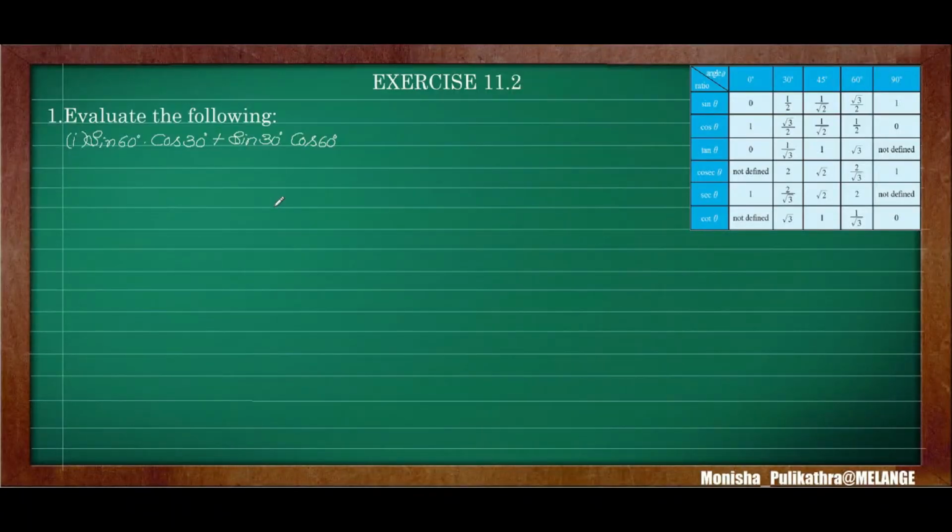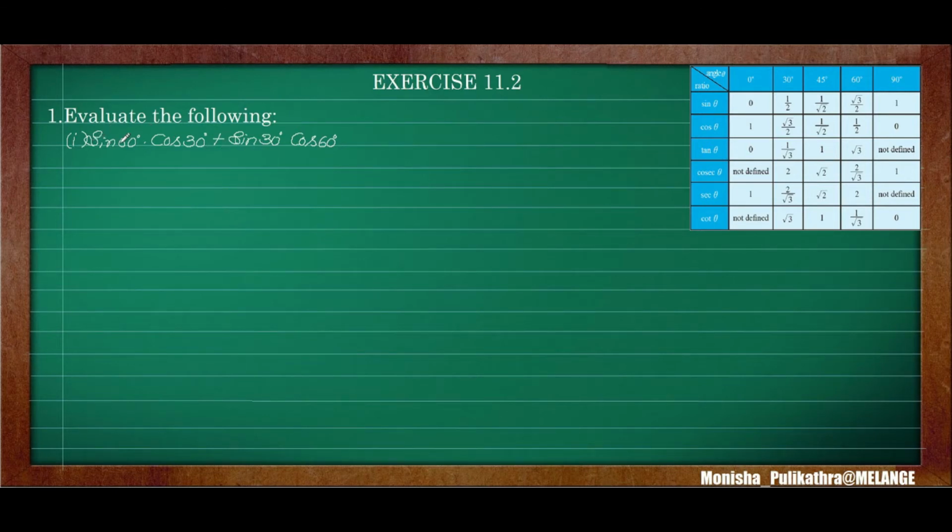Moving on to the first question of exercise 11.2. Here the sine or the cos with the angle will be given, where we have to look upon the chart. So you have to memorize these things. Now I have pasted a chart here so that you can understand even more clearly. We have to write the values for these ratios, for sine and cos and all other trigonometric ratios, and derive an answer for this.